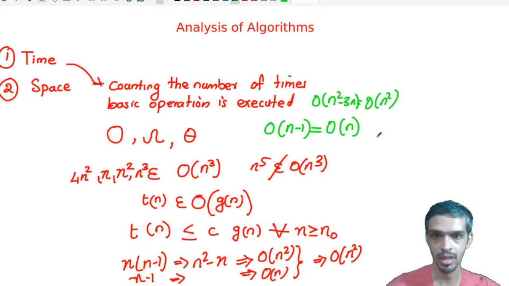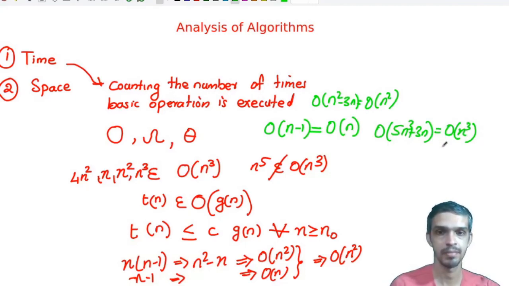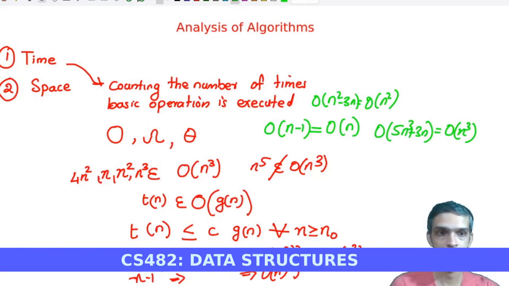So the algorithm runs in big O of 5n cube plus 3n. Again this will be big O of 5n cube, that is again big O of n cube. We need not worry about the constant term. So this is how you find out the time complexity or efficiency of an algorithm. Usually